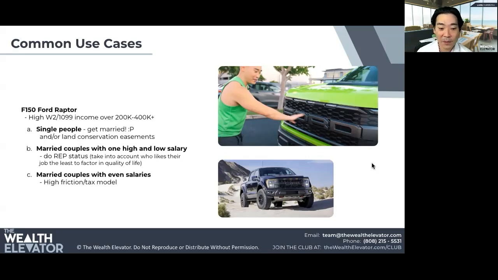And that's where you have to do that cost benefit analysis on your own. But a lot of people are in marriages where both spouses make the same thing. I call this a high friction, high tax model. In some of these cases, it just makes sense for both people to work. You both have to pay a lot of tax. This is where it's good to get around other people doing this, because maybe you understand and accept the role to some extent. The analogy I use for this is an airplane with two engines, where you're burning a lot and paying a lot of taxes, but that's just how it is, right? Until you get to the destination, both engines have to burn hot.